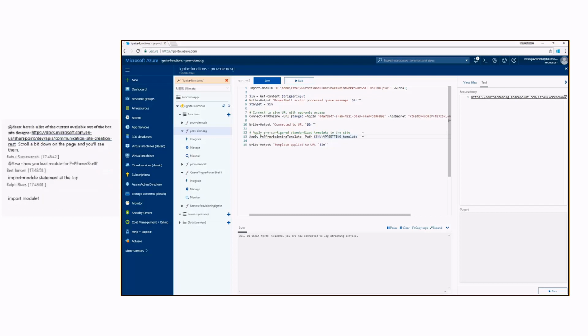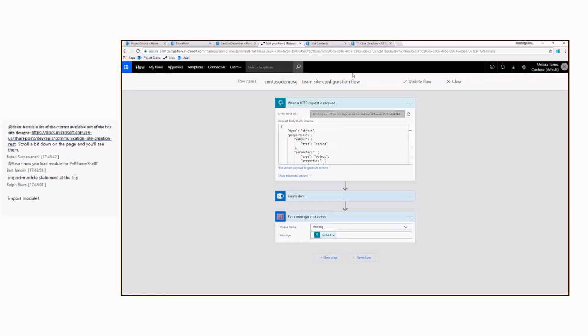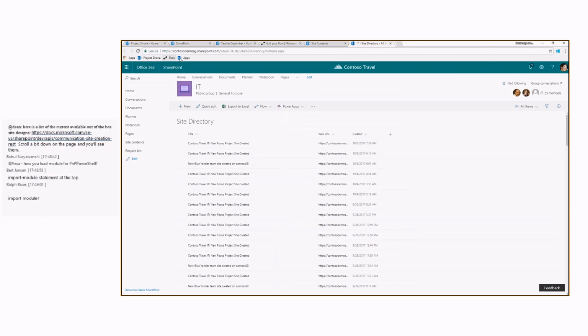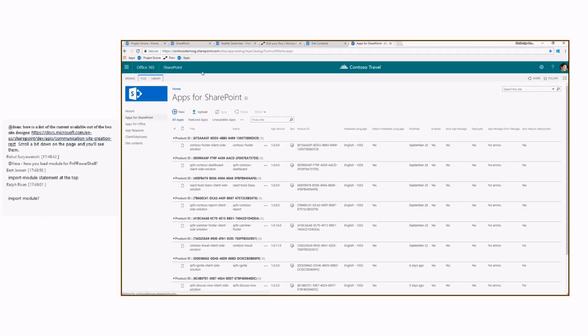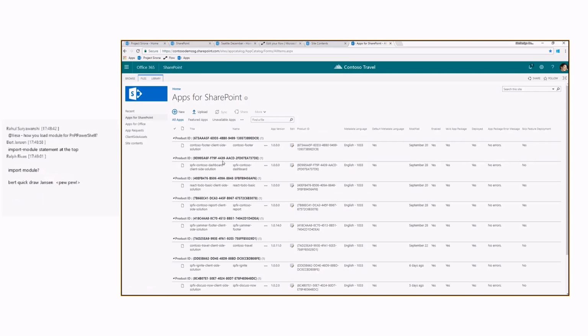First of all, we needed to make sure that within our tenant we have the needed applications available. So what we've done here is deploy the needed SharePoint Framework solutions to the app catalog. These are waiting in the app catalog. And the key point here is that we configured these two solutions, the extension solution and a web part, to be tenant scoped deployable. So if I open up my Visual Studio Code,